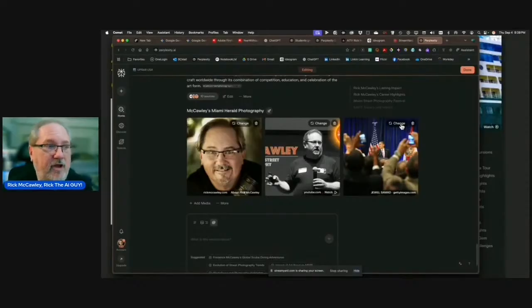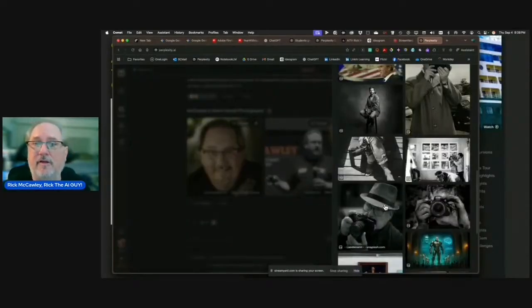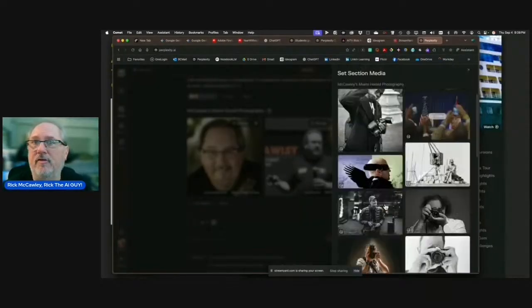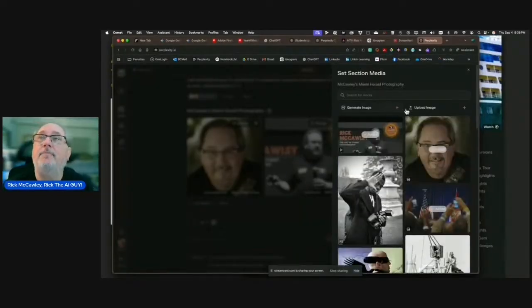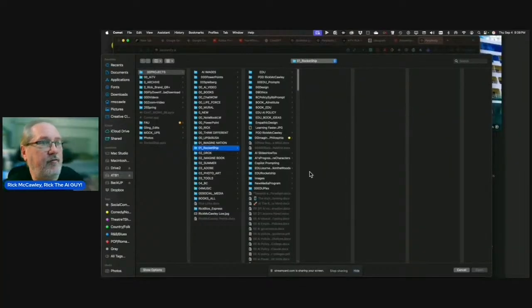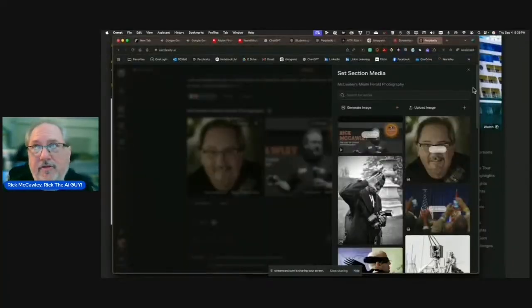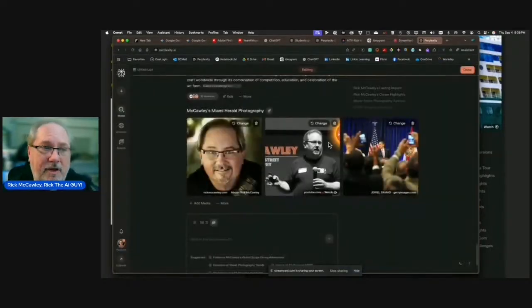So I could go in there and change them all. Then I could add more media. When I run out of spaces, I can come in here and add more pictures and more pictures. Or I can go over and upload pictures off of my hard drive, go find them and load them up. As a teacher, I make PowerPoints all the time and I want to insert them in with knowledge that's really deep. That's how you would do it.